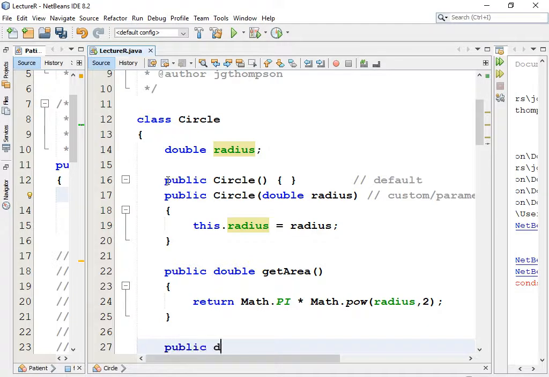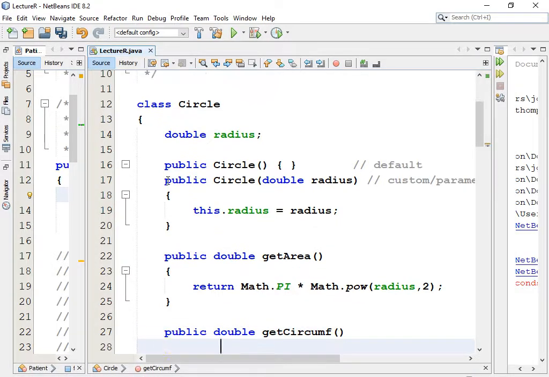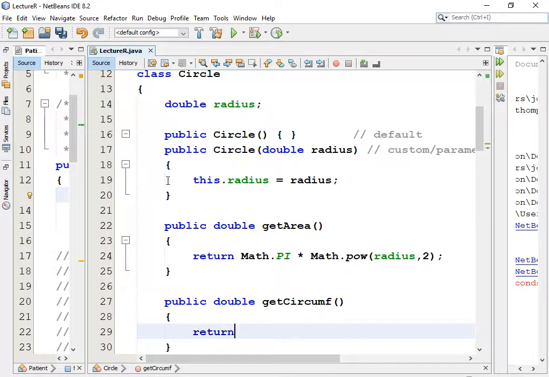So public double getCircumference(), return 2 * Math.PI * this.radius;